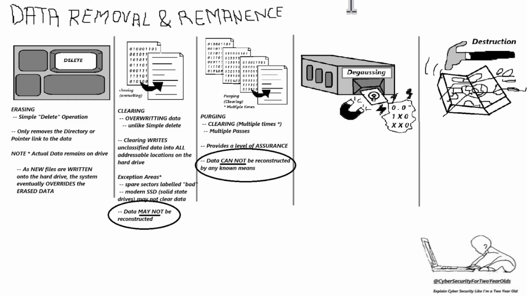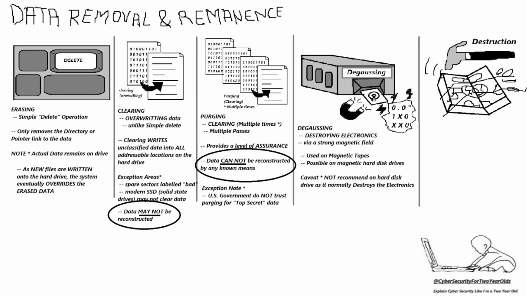As for degaussing, well, it is not recommended as there is a huge risk that this method naturally can destroy the electronics around a magnetic hard disk drive, meaning not only may the data be removed, the magnetic drive itself may be rendered unusable. Another important exception note: degaussing does not affect optical drives such as CDs, DVDs, and solid-state drives, SSDs, which we shall discuss later in this video.